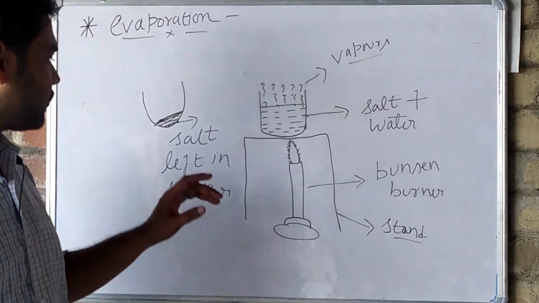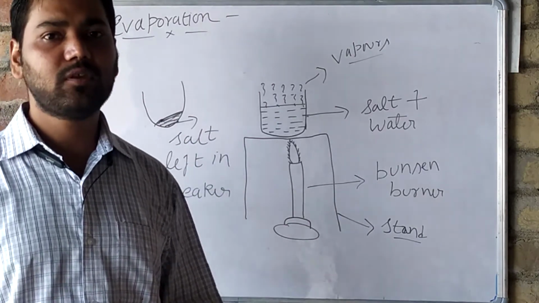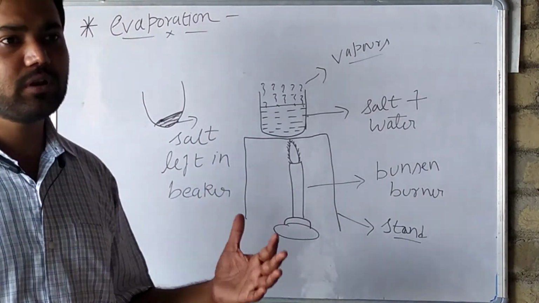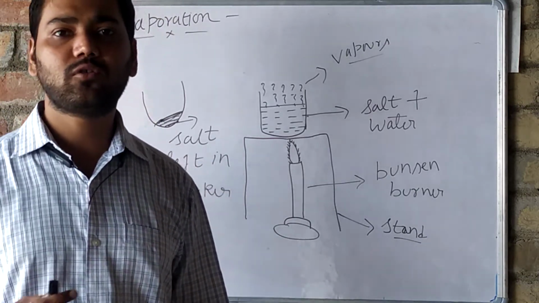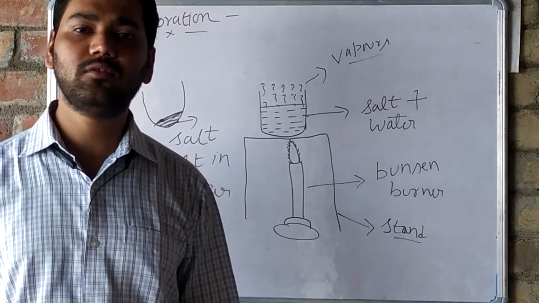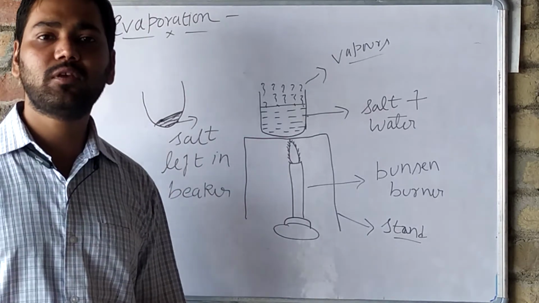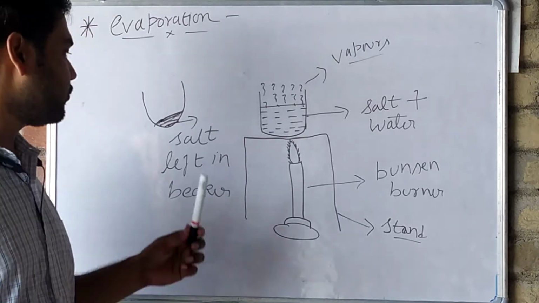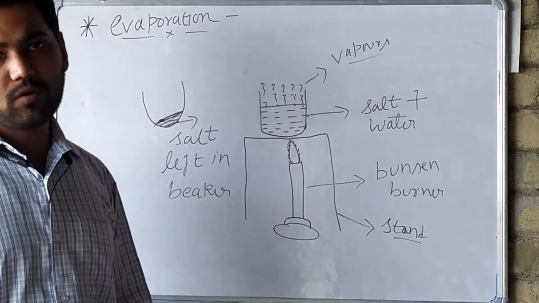After this, what will we do? The salt will be mixed with sodium iodate, so that the salt gets iodine. We all know that salt contains iodine, which protects us from the harmful disease known as goiter. So that salt is mixed with the sodium iodide solution to get iodine. That is a different thing, but this process is known as evaporation.